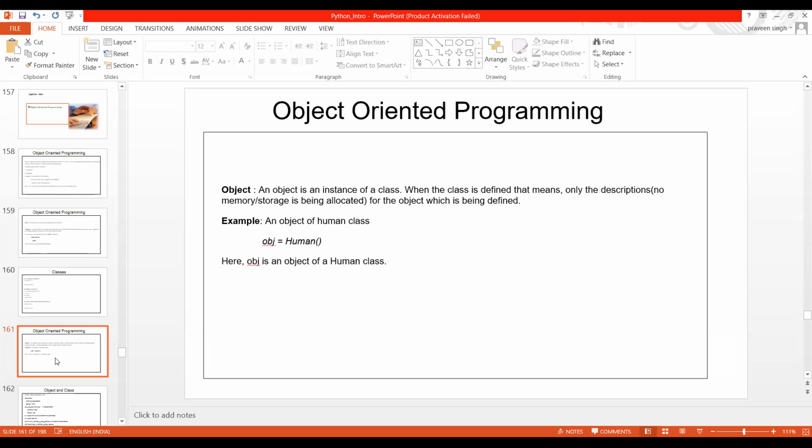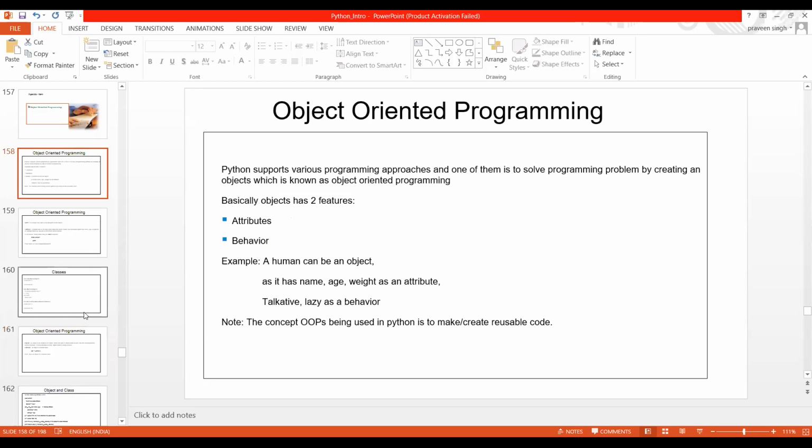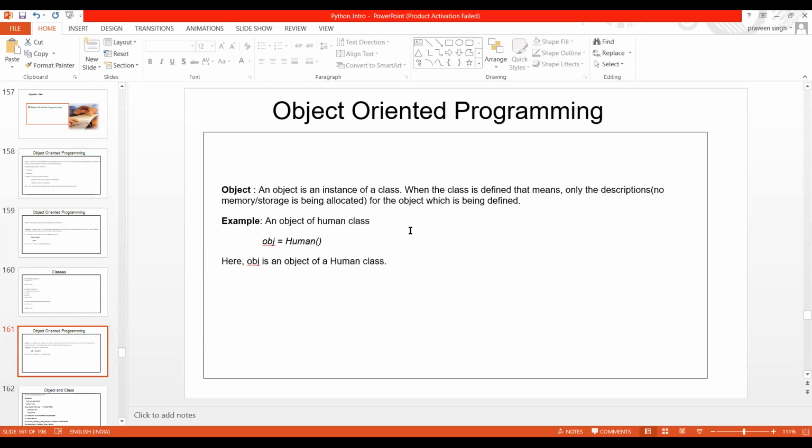Anything else we have? Yes, we have object. Now we have learned about class, and now let me talk about object. An object is an instance of a class.